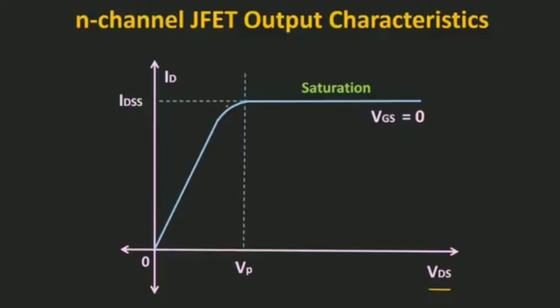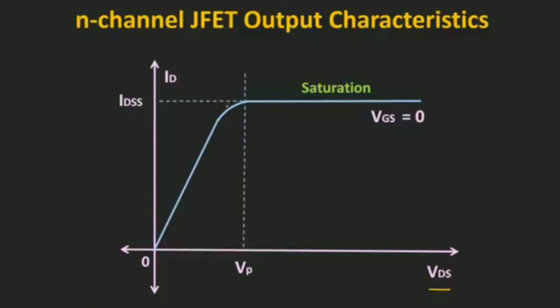Now so far in our discussion, we have assumed that the voltage VGS is equal to 0. But as discussed earlier, this gate to source voltage can control the drain current. So now let's see how the voltage level of VGS can control the drain current, or in a way, how it can affect the drain curves or the output characteristics of this JFET. Now what we'll do is make this VGS more and more negative with respect to 0, and we'll find the drain currents for different values of VGS. Let us assume VGS is equal to minus 1 volt.